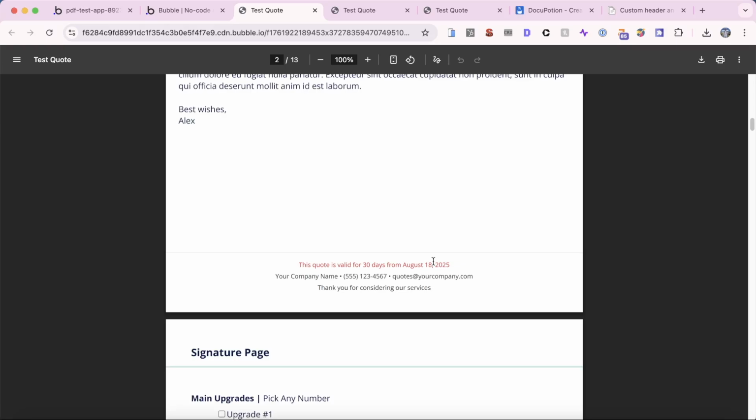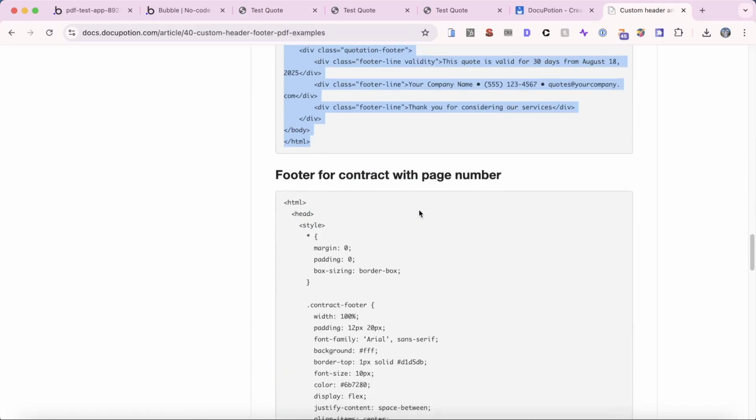So you can see here another benefit of this type of detailed footer is we can color one line of the text in a different color to the others. We could, if we wanted to, have put in the dynamic company name there, email address, and all that good stuff as well. But let's go on to the third example here, which I think is probably the most interesting